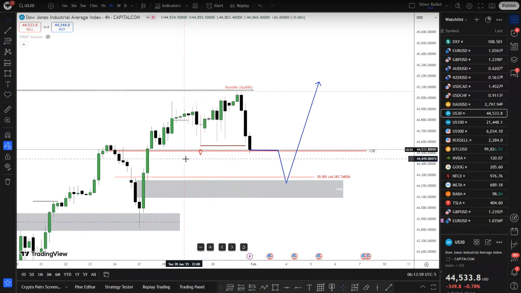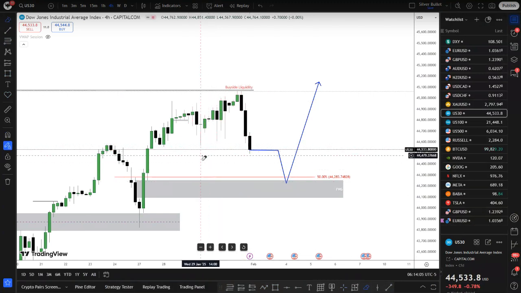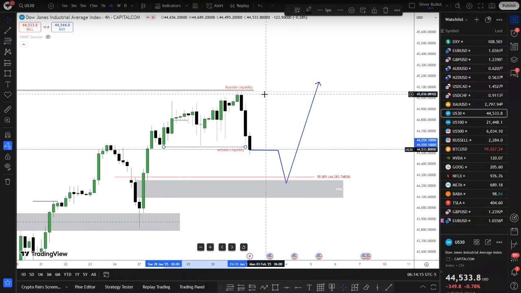However, once you have a narrative, this simply means what? It's not a market structure shift. It is just a simple grab of liquidity. So which means we'll be sweeping liquidity below this low. Look at this. Relative equal lows as well. We have this low here, this low and this low. So this will be simple sell side liquidity. It is not a market structure shift.